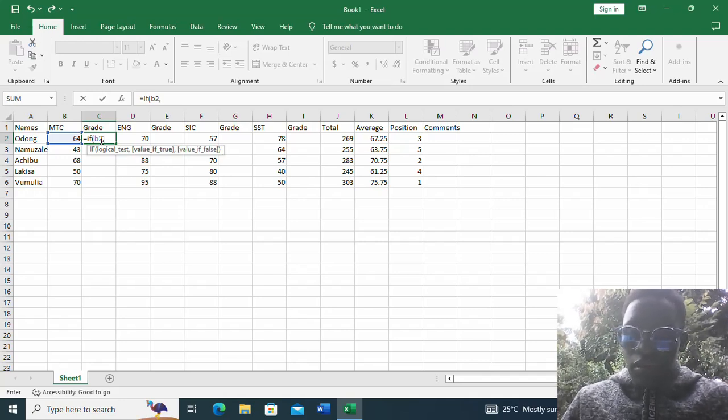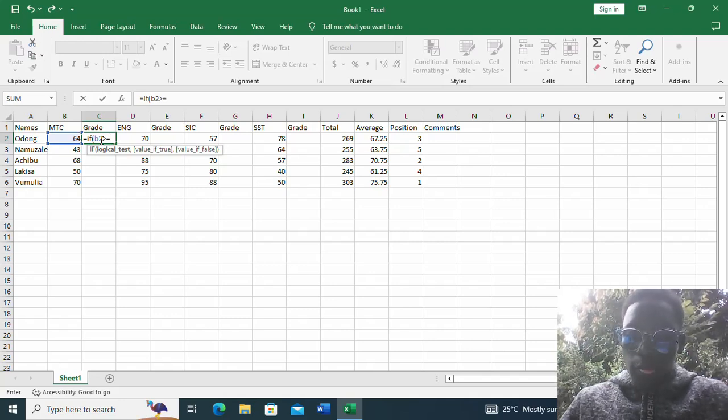Greater than is Shift and that sign. After putting the greater than sign, you put equals to 90,